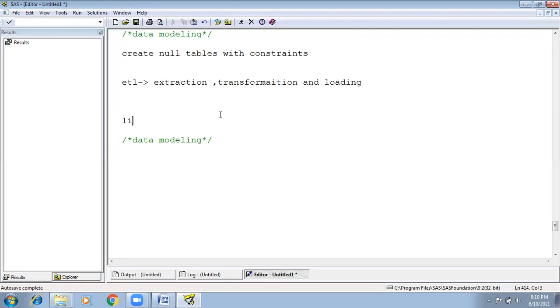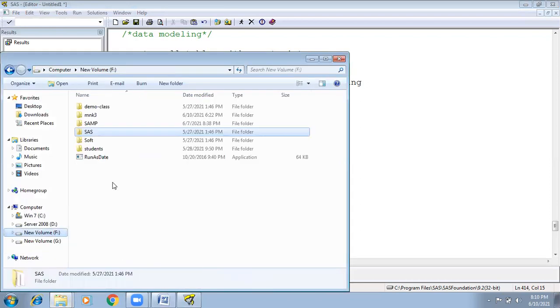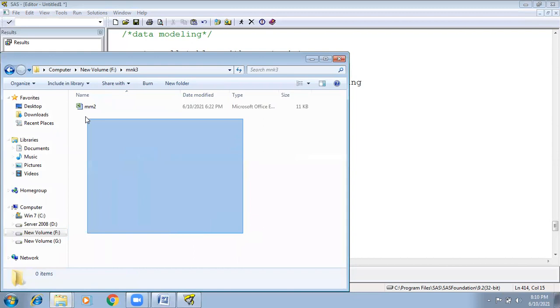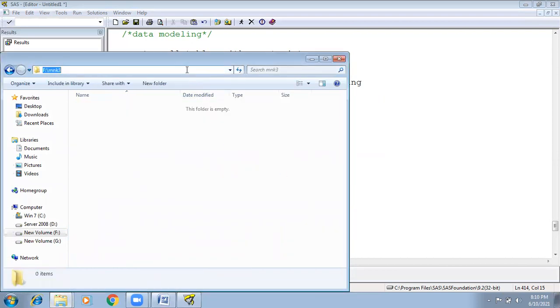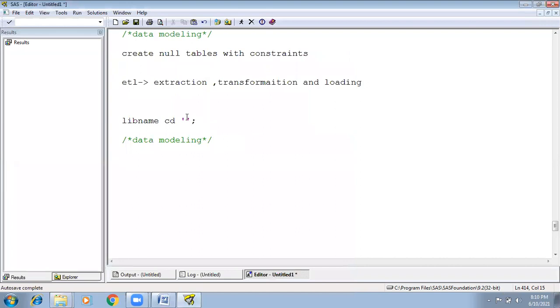Before data modeling, create a library and store the constraints in that particular library. Let's say we create the library with libname, that is cd, and assign the file path. Copy the file path, paste it over. This is our